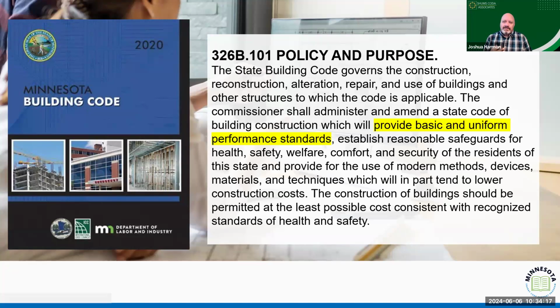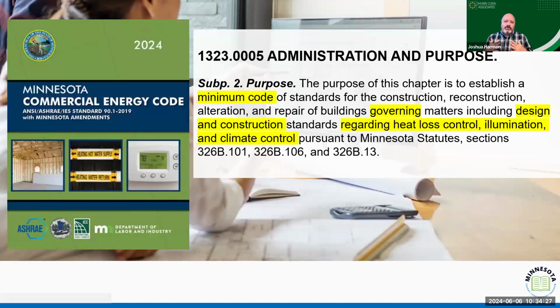And so we're looking at concepts like, how are walls built? How are roofs designed? What are live loads, dead loads, those kinds of concepts. And in that, we also understand that the Energy Code comes into play to assist us in making sure that the buildings we design operate effectively and efficiently for their useful life, right? That we're controlling concepts like heat loss and illumination and climate control within that building. The code is all about control.